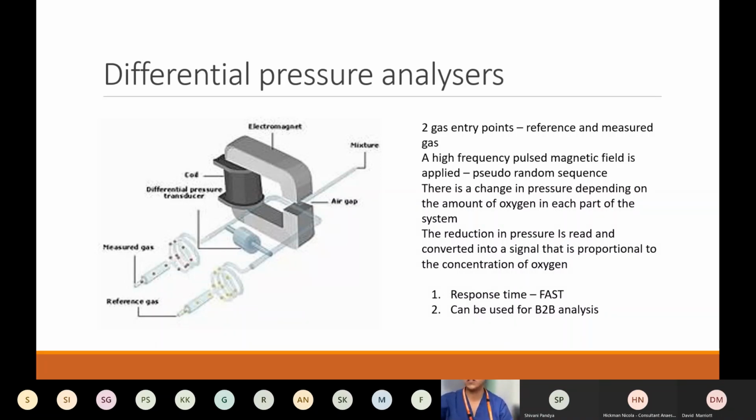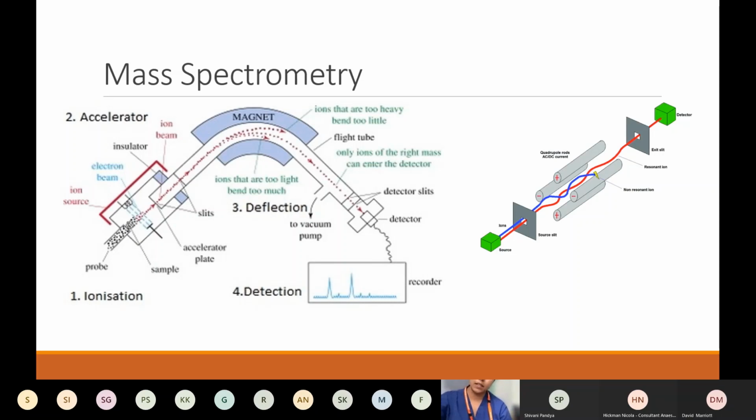So the next thing I'd like to talk about, on the next slide please, is mass spectrometry. This is another way to measure oxygen, and there are four main things that happen within mass spectrometry: ionization, acceleration, deflection, and detection. So your sample gas is ionized, that means it's turned into charged molecules, and then it's accelerated and spun round